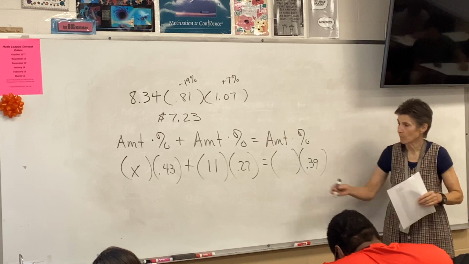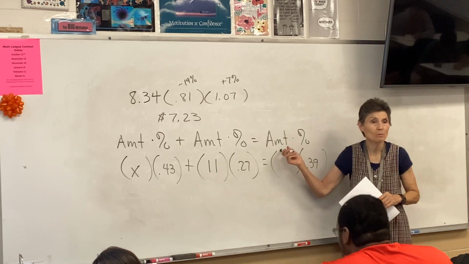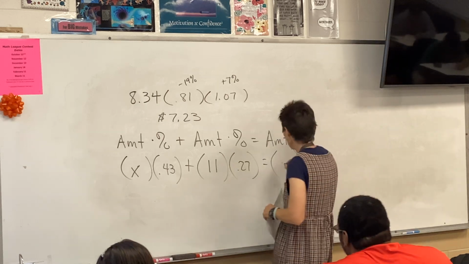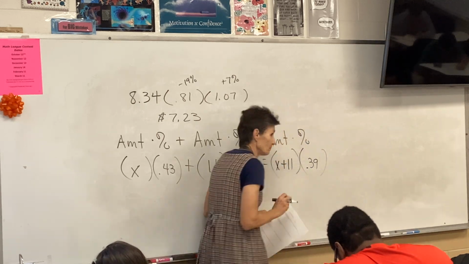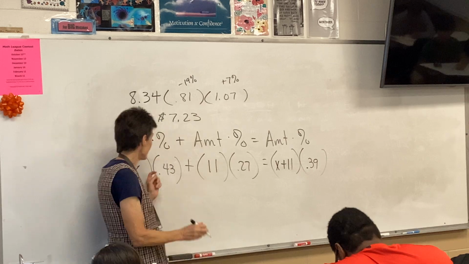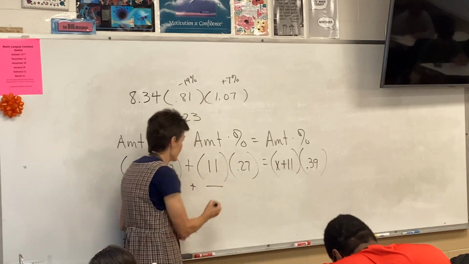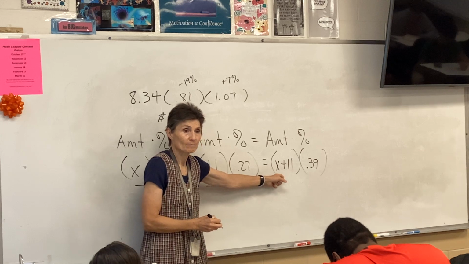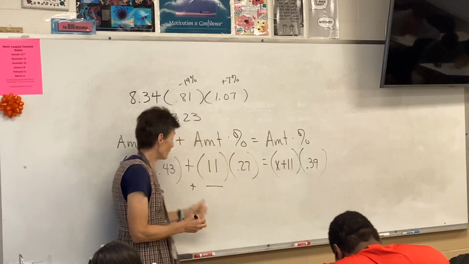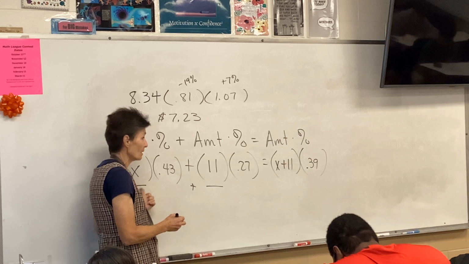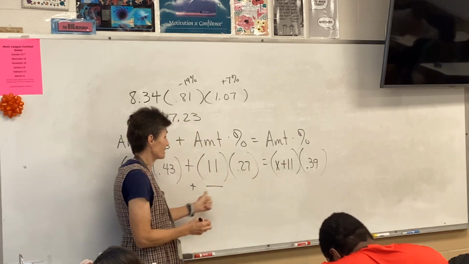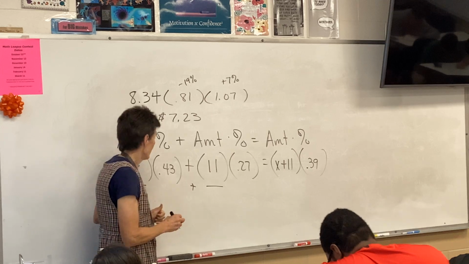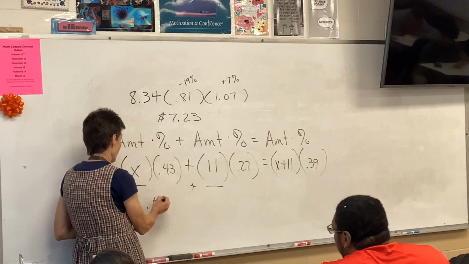What's going to go in this parentheses here? What amount am I ending up with? X plus 11, very good. Because these two amounts are being added together to get that amount. So if this was 5, this would be 16. 5 plus 11, right? I don't know what it is, but I'll call it X. All right, so now I've got 0.43X